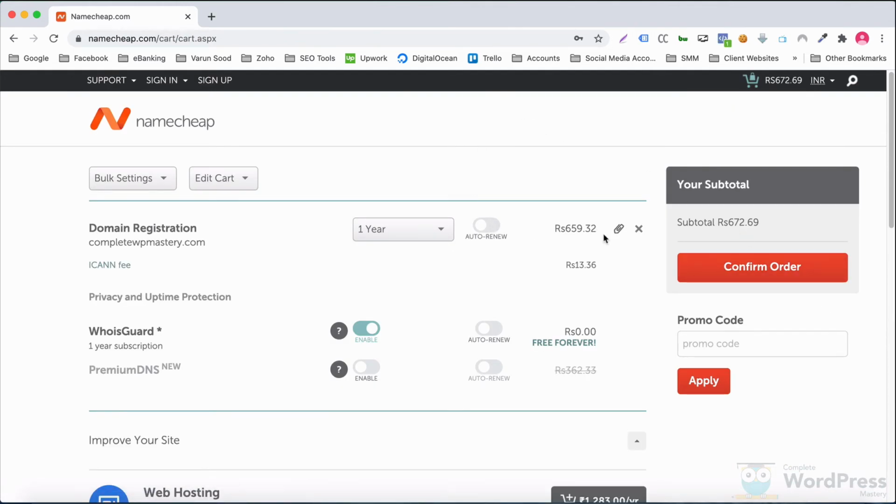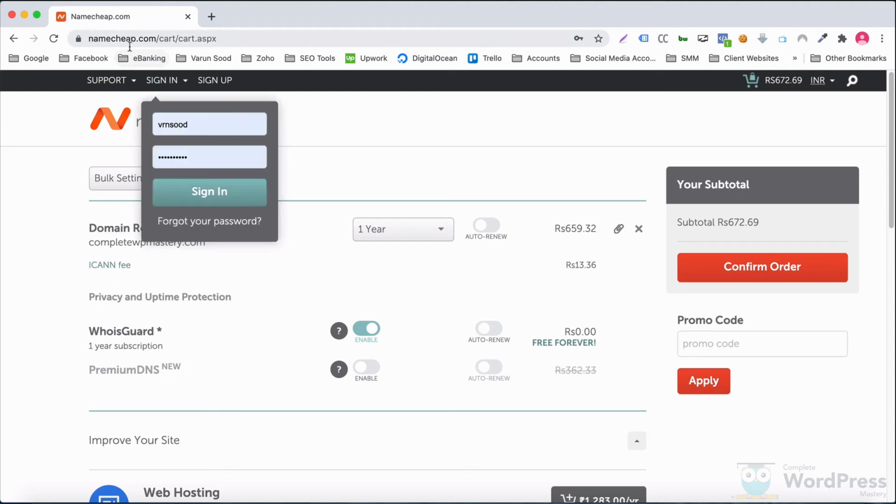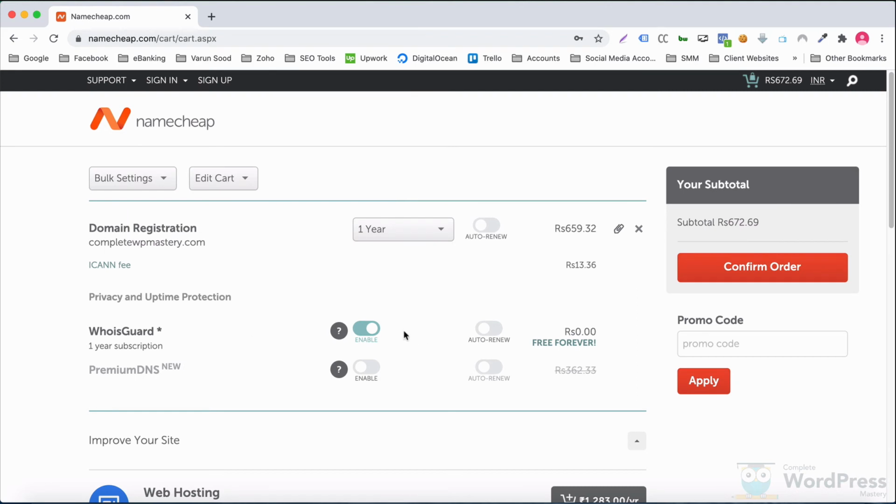I don't want to auto renew. WhoisGuard is being offered for free. Namecheap is offering me an ability to keep my details confidential from the general public. So nobody on the internet would be able to know who is the owner of this domain.